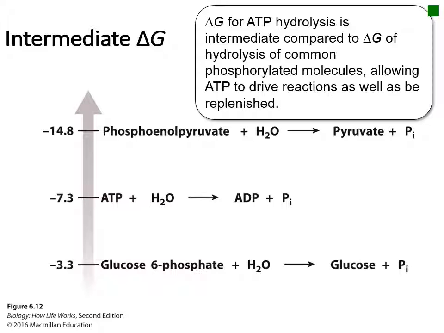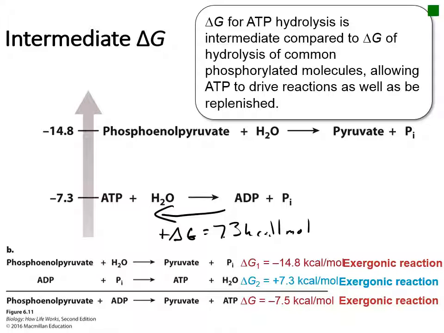ATP hydrolysis actually has an intermediate delta G when compared to other phosphorylated molecules in the cell. This is important for cell biology because the reverse reaction of ATP hydrolysis, ATP production from ADP and inorganic phosphate, would have a positive delta G and need 7.3 kcal per mole of energy put into the system in order to be formed. Reactions with a higher negative delta G will produce enough energy to power the production of ATP, which means during catabolic reactions,